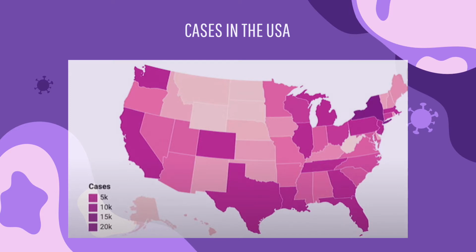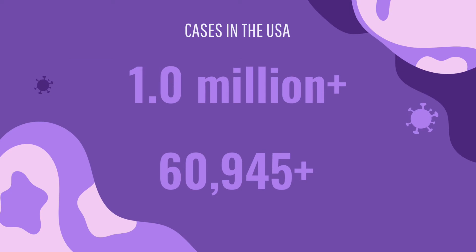This is the scenario of the USA. Experts say that numbers don't give the whole picture because many cases, including mild or asymptomatic infections, have not been diagnosed. The outbreak in this country, which now has the highest number of known cases in the world, exceeds 1 million with a death toll of more than 60,000.